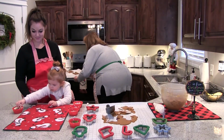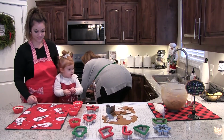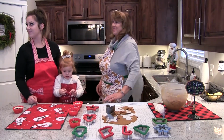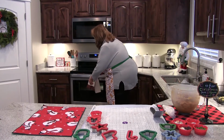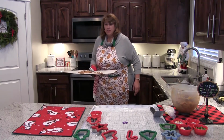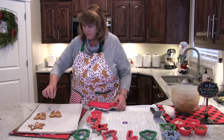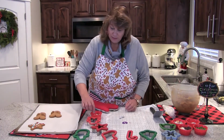We're going to bake those for about 12 minutes at 350. So it's been about 11 minutes. In Idaho, things take a little bit longer to cook. The original recipe says 10 minutes, and here they are. Notice how puffy they turned out. And now I can place our little